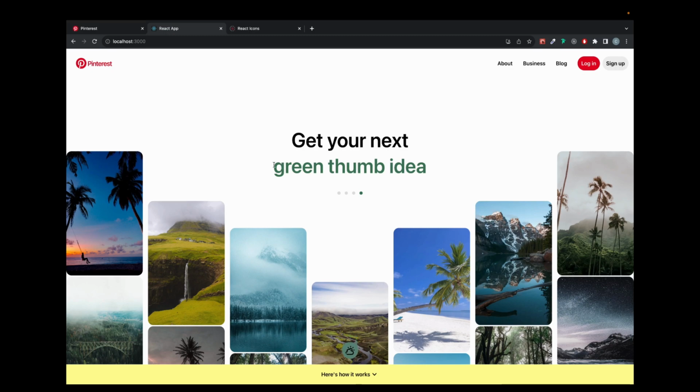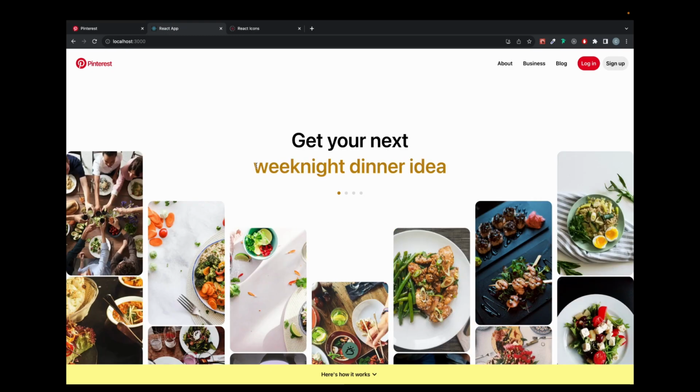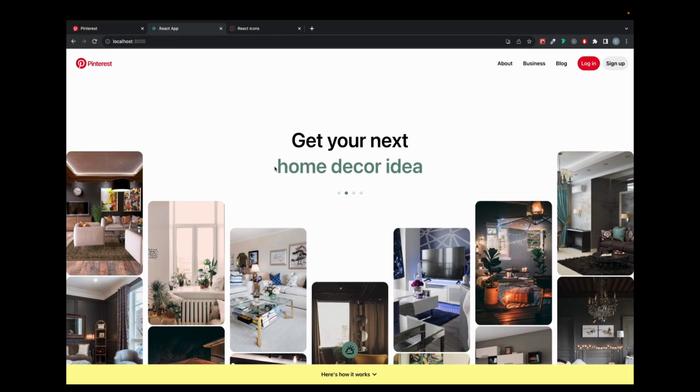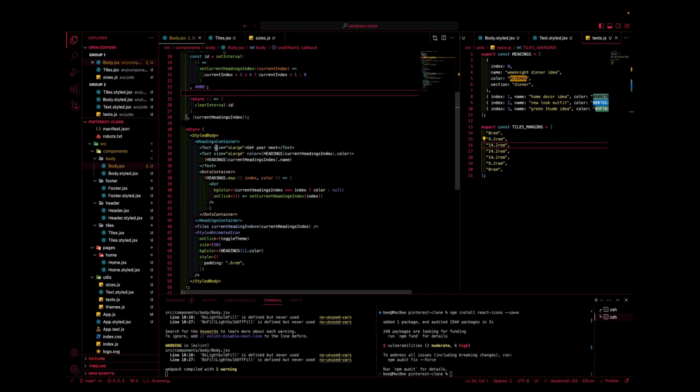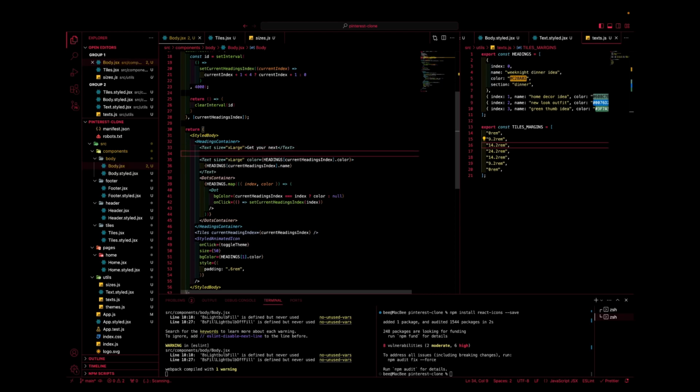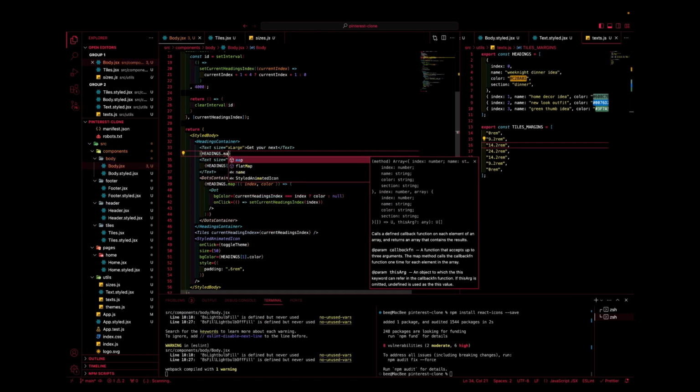So to animate this, we're going to have to work on animating the presence, so animate whether or not this text is showing. In that case, if we go to the body, we're going to be working on the subtitle, this one, the second text. We're going to have to show all of them at once, and I'm going to show you what that means. So to show all of them, we're going to have to say headings.map,